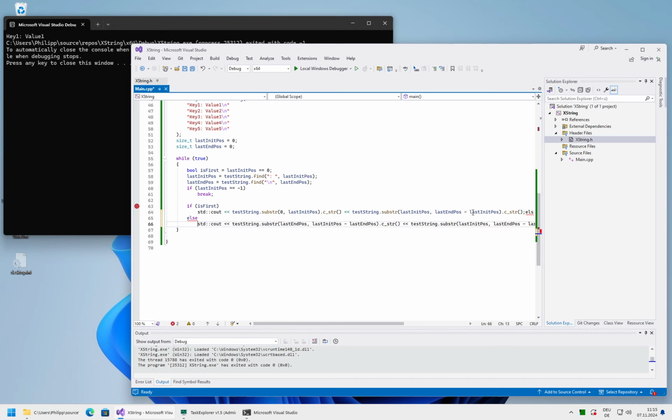But I don't think this will solve it. Let's run it. Yeah, and definitely in line 66 there's still a bug, because is it endpos? Should this be endpos? It should not be endpos, I think.